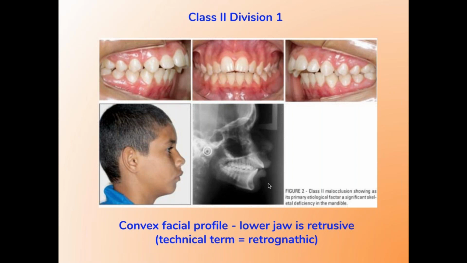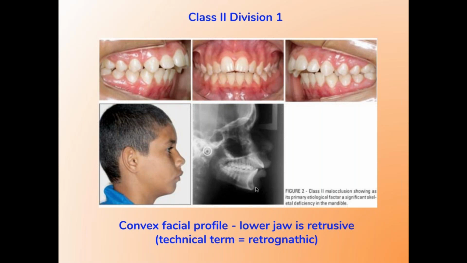So usually the underlying cause of these kind of malocclusions is not that the upper jaw is too far forward. Usually the upper jaw, the bony aspect of it, is in the right position. It's that the lower jaw is retrusive, or it's too far back or not long enough. So usually the problem doesn't lie in the upper jaw, it lies in the lower jaw. And this is going to become important when we talk about treatment options